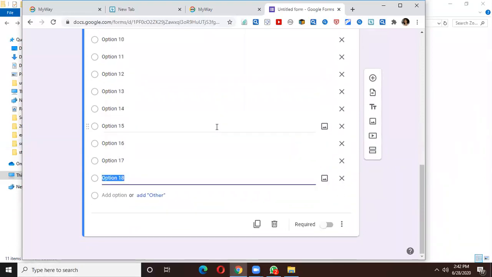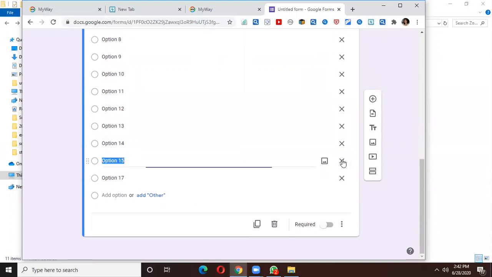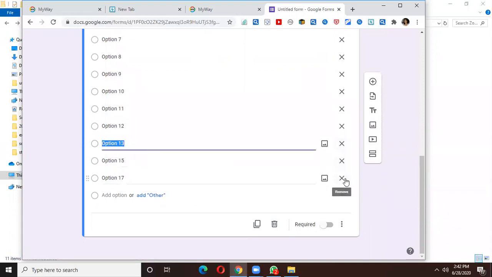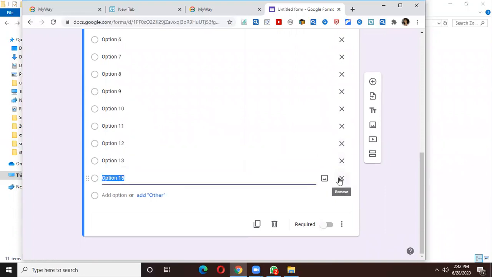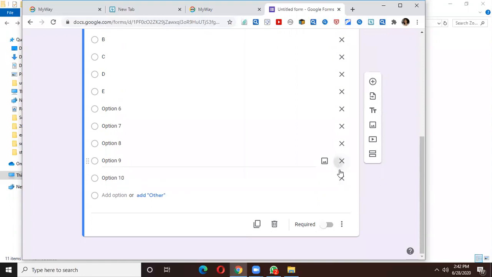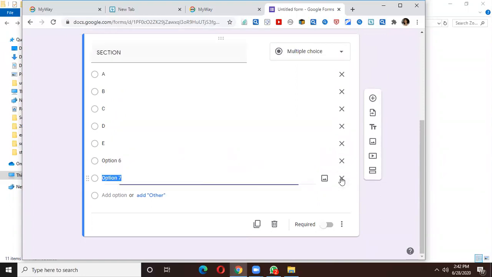Now you don't need so many options, so what you need to do is remove them by pressing that cross button. You need to keep pressing, so automatically these extra options will get cleared.